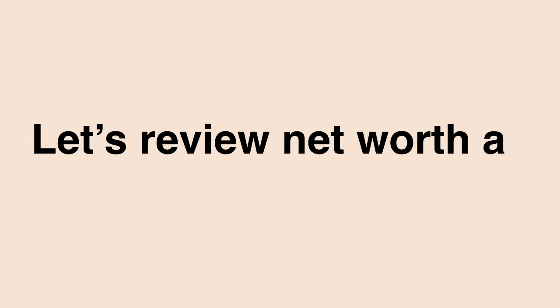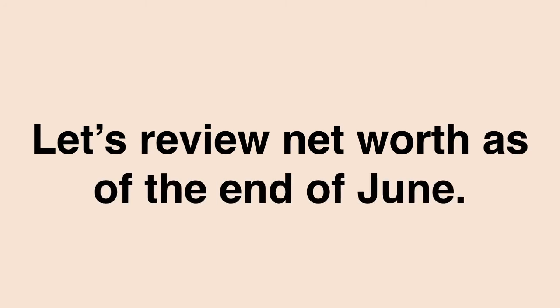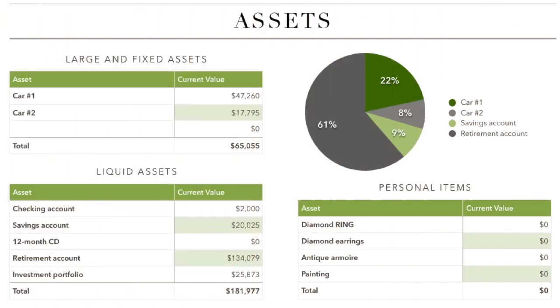So let's review net worth as of the end of June. So we look at our assets. Our top assets right now are 1, our Tesla, and 2, our retirement accounts. We are maxing out our 401ks, and so everything you've seen in our budget is after our 401k contributions, and we're also working to max out our Roth. So there's a huge focus on retirement accounts this year as we double down and reach our FI